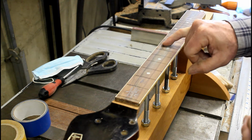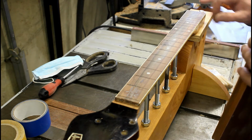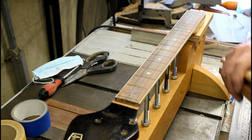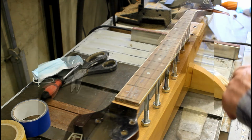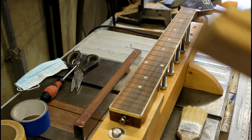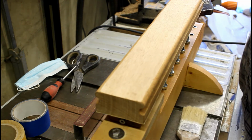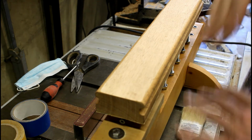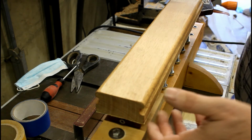Still have this low spot here, low spot there, obviously, low spot here, but it's definitely starting to look better. I've just turned the neck around. The reason for that is I think if you flip this around from time to time, that helps, and turning the neck around helps. I think overall you get a better finished neck, more evenly sanded, largely because of the